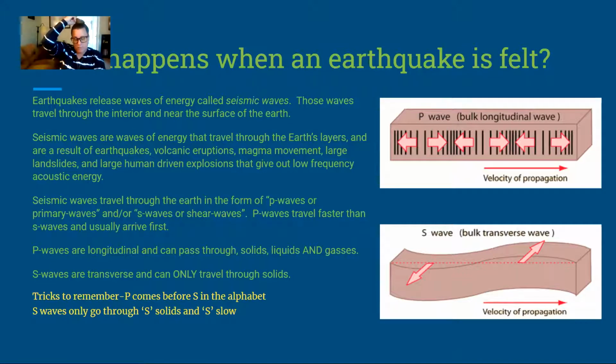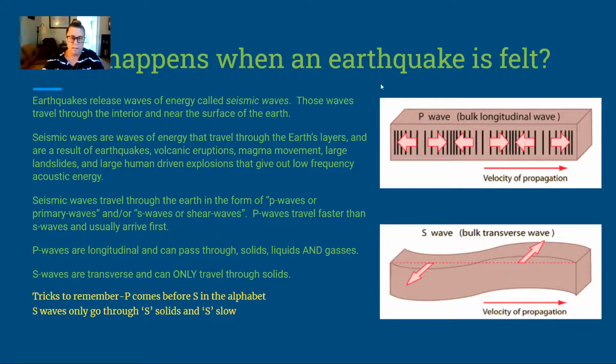The S wave travels differently than the P wave when the movement occurs. Imagine that same slinky moved from side to side, almost serpentine-like. That's how an S wave moves. It's called a transverse wave. It goes in one direction, the direction of propagation, and it does it in a serpentine type movement. So longitudinal waves go back and forth, S waves are serpentine.